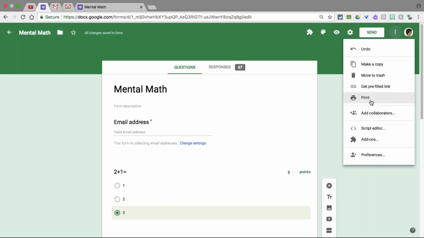Print is obvious, if you simply want to print it out. I had a situation a couple of times over the years where parents have to fill out a permission slip in order for kids to be allowed to use the Google tools in school. You're always going to have those kids that take a little bit longer than others. So I was ready to get up and rolling after the first week of school because 98% of the kids brought in the permission slip, and I gave them a deadline and told them straight up, if you don't have it by this deadline,